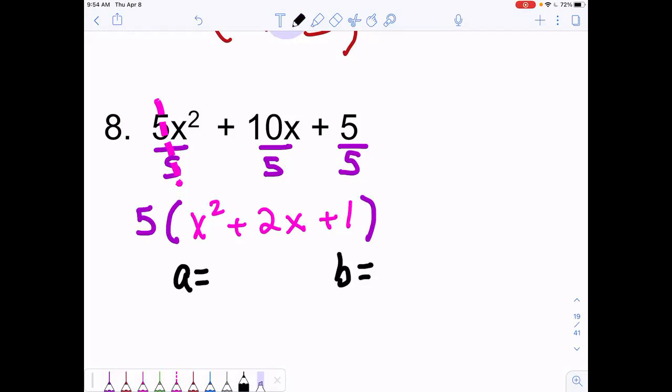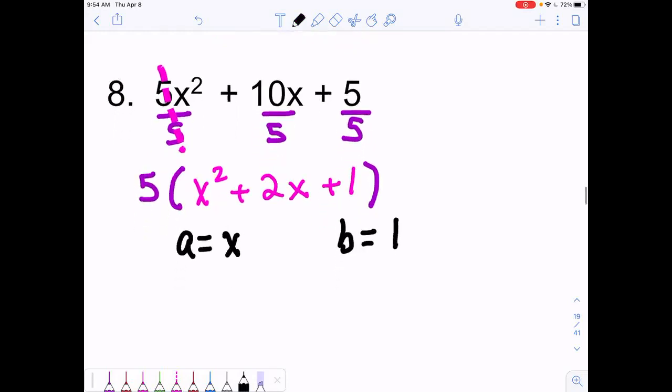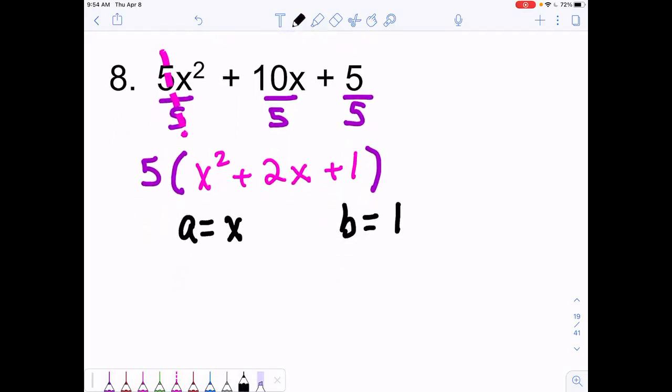Jason, what do you think A is? And B is? Yeah, and that seems weird. So there's an x squared. Well, the A is just x. And then the B, 1 times 1 makes 1. 1 is a perfect square. That kind of seems a little weird that it's just the number 1. But 1 times 1 makes 1. So, Jason, your final factored answer would be